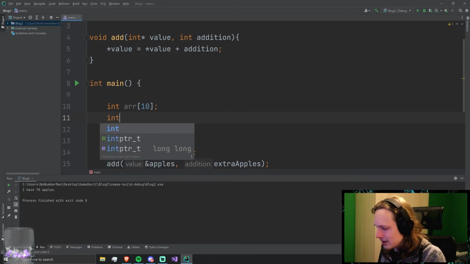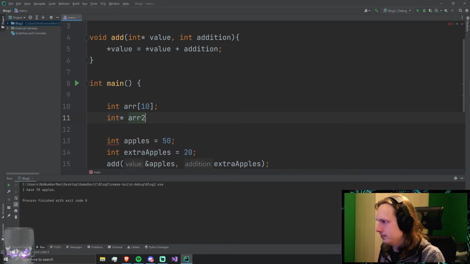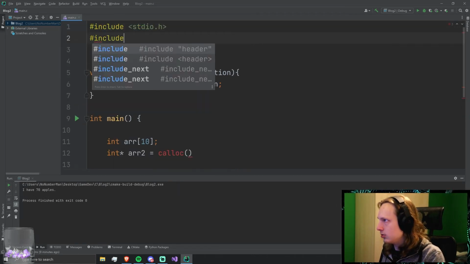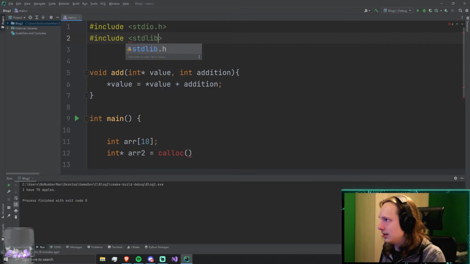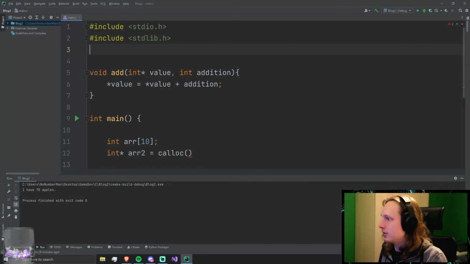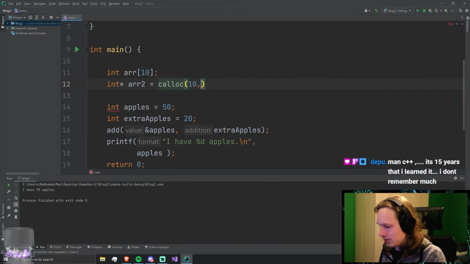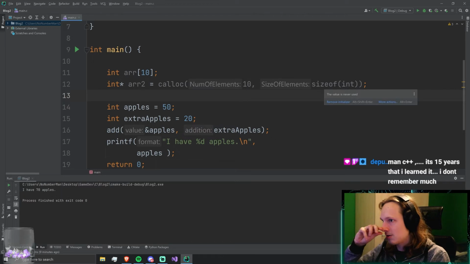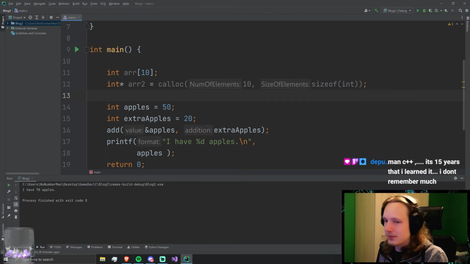I think I should best do a char array, but we'll get to strings in a little bit. We'll also then create an int pointer, array2, which will be calloc, and we'd have to include stdlib.h for that. There we go. And we'll have to do 10 and then sizeof(int). sizeof just returns the number of bytes contained by that type. So for int, that returns 4. That is constant, of course, but still.